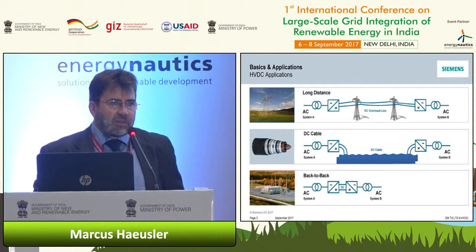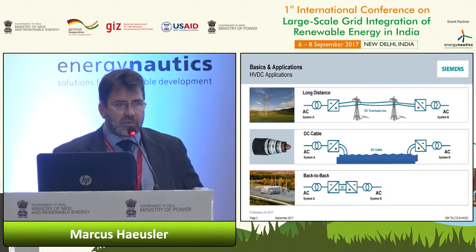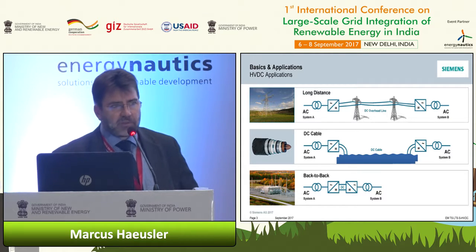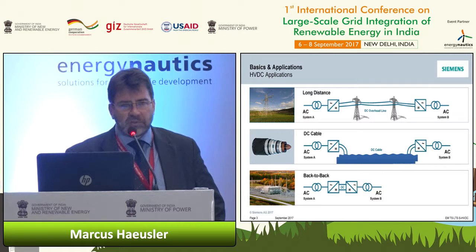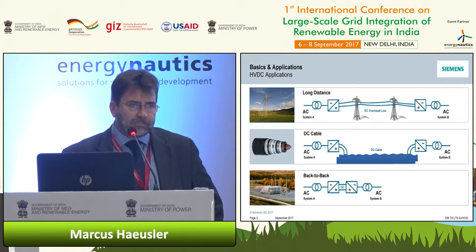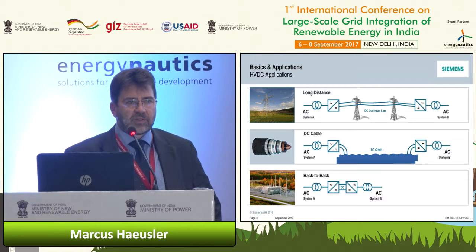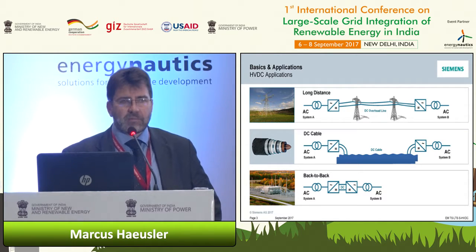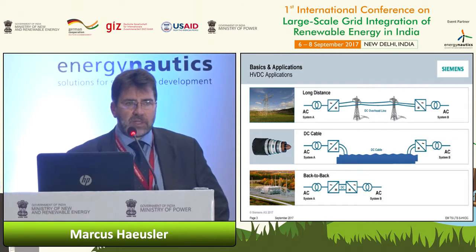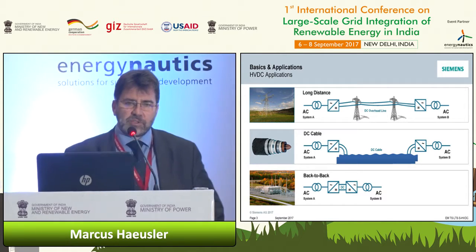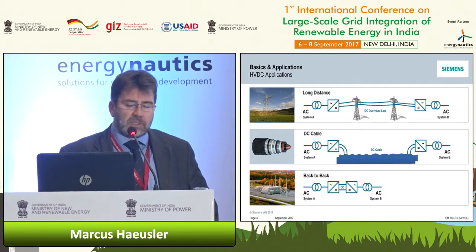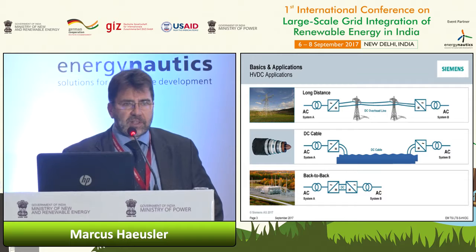The second application is the use of DC cables. If energy has to be transmitted via cable over distances of more than 30 to 50 kilometers, then DC is the only method to do it. And we see this increasing, not only for connecting offshore wind farms, but also the number of land cable applications is increasing very much. The first application will also be here in India, and Siemens just got the order to construct a transmission in the southern part of India this year, and this includes 30 kilometers of land cables.